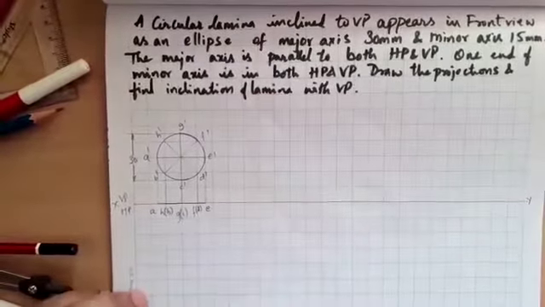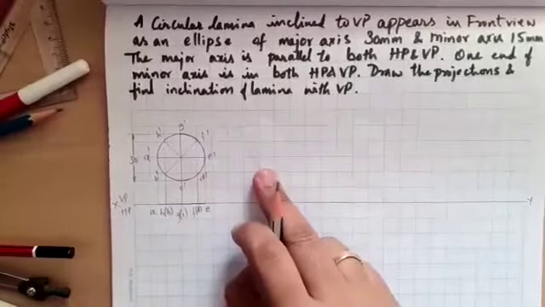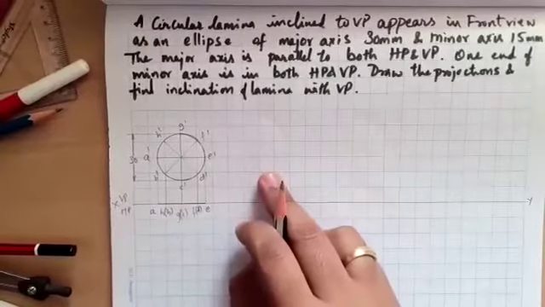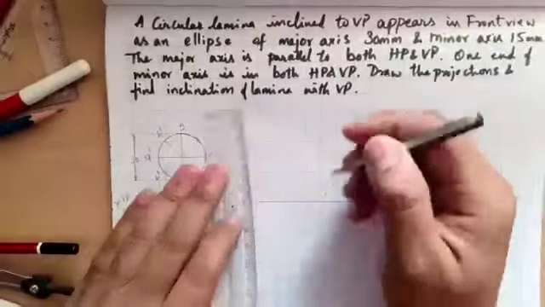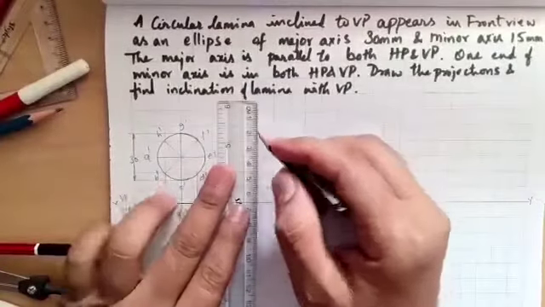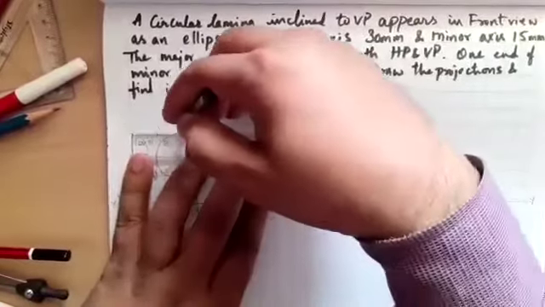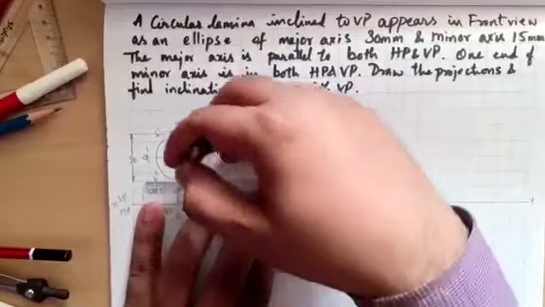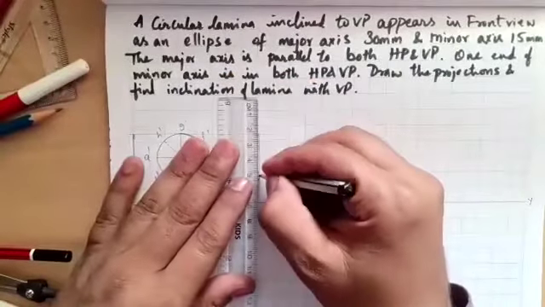A convenient place. Next, it is seen in the front view as, remember in the square rectangle problems, the front view was seen as a square or something, some statement was given. So in the second front view, it is seen as an ellipse. So I'll directly draw the ellipse. See the projections from G, I'm going to draw the projections, and from C also I'm going to draw the projections and identify the major axis.